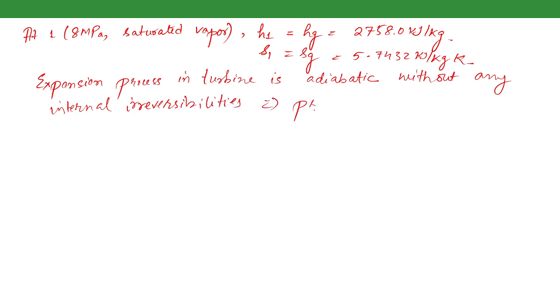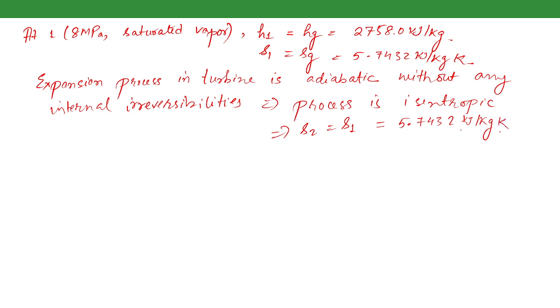That is, the process is isentropic. This is true only in the case of an ideal Rankine cycle, in which the expansion process is adiabatic and there is no internal irreversibility. So in this case, the entropy at state point 2 is equal to that at state point 1, and it is equal to 5.743 kilojoule per kg Kelvin,